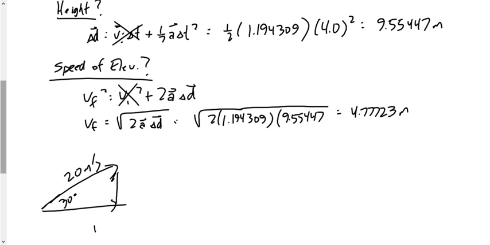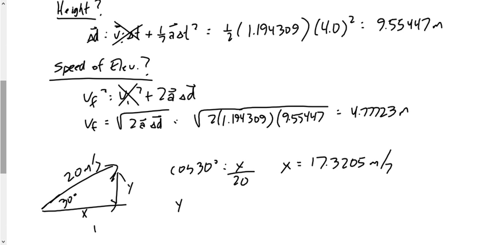Let's get the x components and the y components of this. Cosine 30 degrees is equal to adjacent over hypotenuse. The x component of the initial velocity ends up being 20 cos 30, or 17.3205 meters per second. And the y component ends up being sine